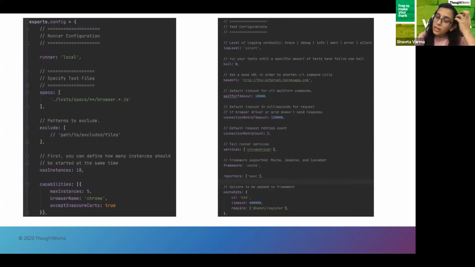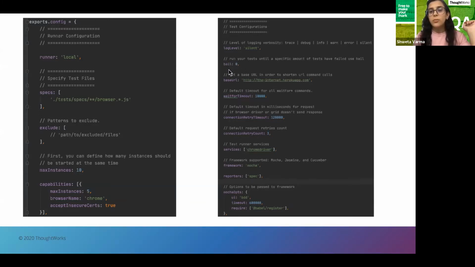If you consider cloud services, and you have set the log level as silent, then in execution it will just show that these are the test cases which passed, which failed, and that's it. It won't show information about what steps were run, so if you don't want the scripts to be displayed there, that is achievable.